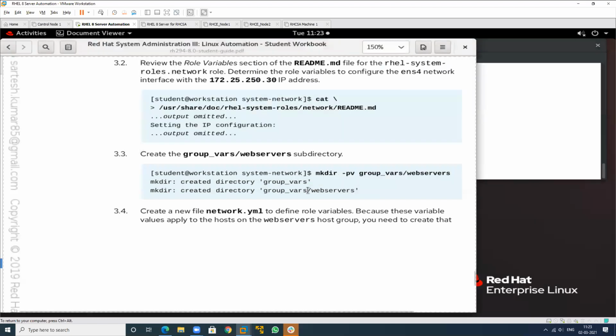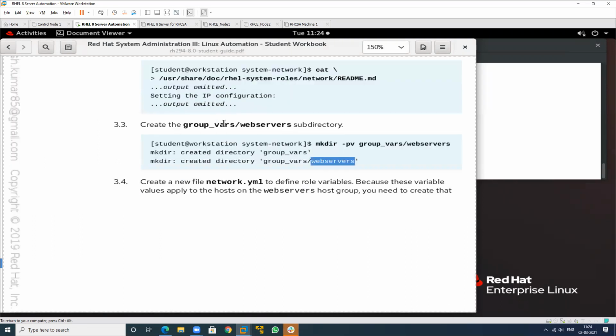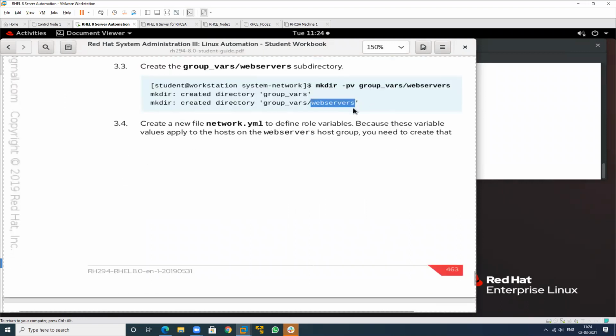this is the information related to this particular group, and in this group we have one machine. We may have one machine, two machines, three machines. All tasks will be the same. So I want to apply this. If you put the group name, then all the machines under that group will work the same. So we can define the variable in this particular folder related to this particular group.